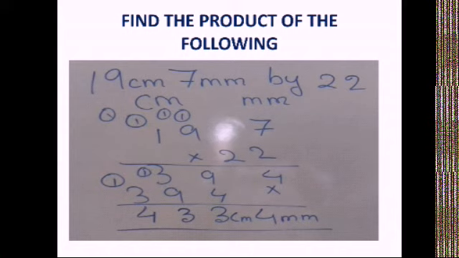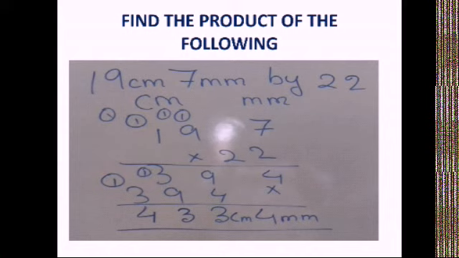So as we are reading out the sum, you get to know that there are two types of units, centimeter and millimeter. Make two columns, one for centimeter, one for millimeter. So 19 centimeter, put 19 under centimeter, and 7 millimeter, put 7 under millimeter, and multiply it by 22. 7 2s are 14, 1 will be in hand, that is in carry. 2 9s are 18 plus 1 is 19, 9 will come down, 1 will go as a carry.